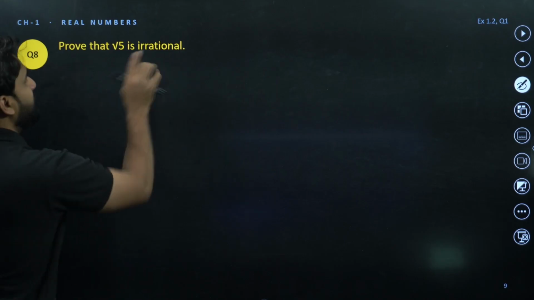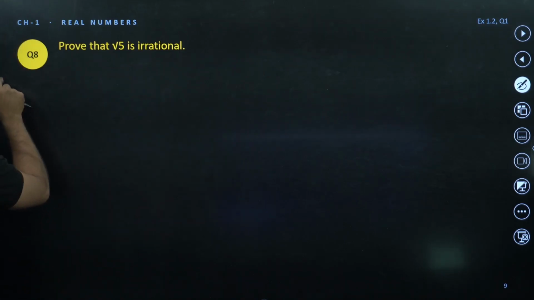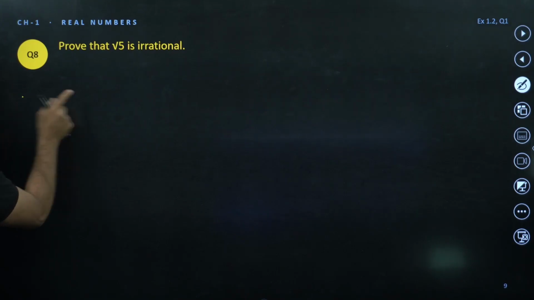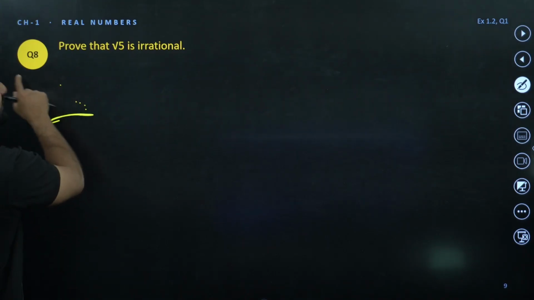So prove that root 5 is an irrational number. The proof of this question starts from an assumption. So we have to assume here, just a second guys,